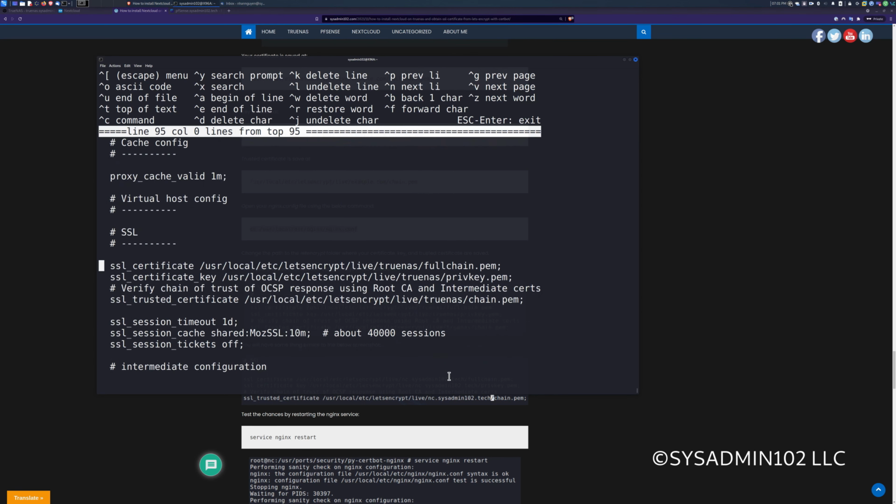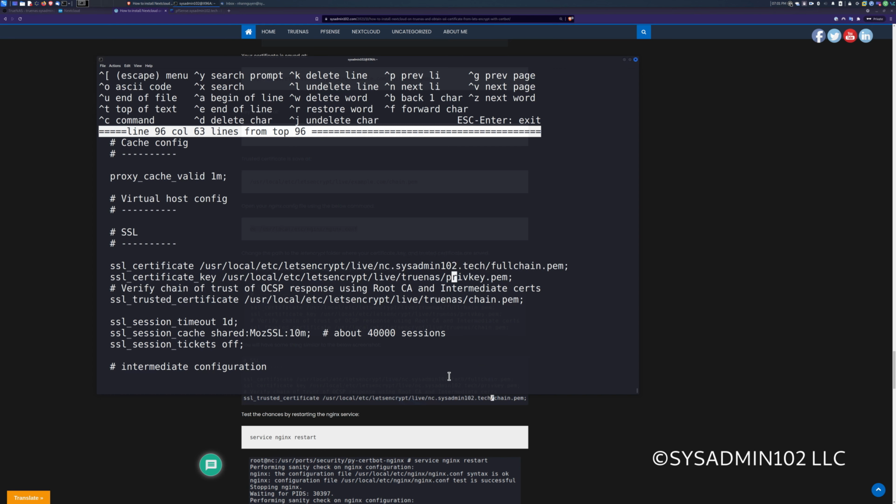Okay, so the SSL certificate right here. The only thing you really have to change is delete our TrueNAS and replace it with your domain name or your DDNS. So mine is going to be nc.sysadmin102.tech.